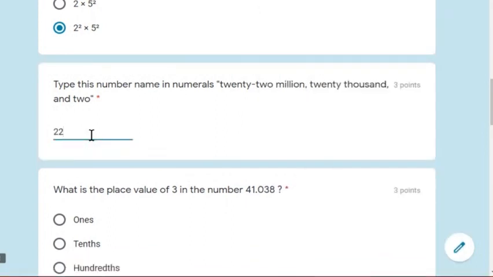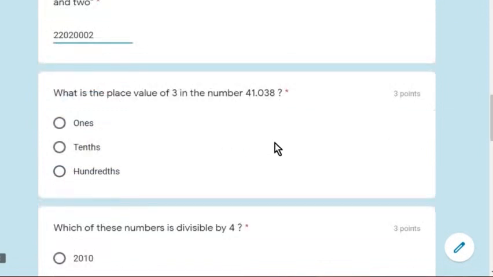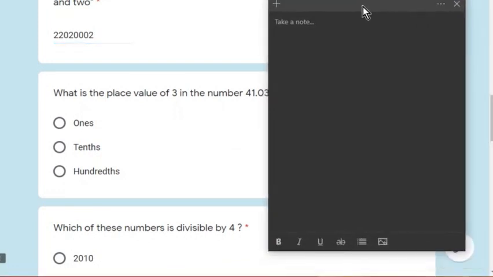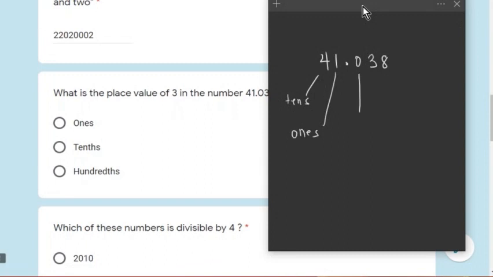22,020,002. So that's the answer. What is the place value of 3 in the number 41.038? We have 41.038. This is the tens, this is the ones, and after the decimal place, the first number that comes is